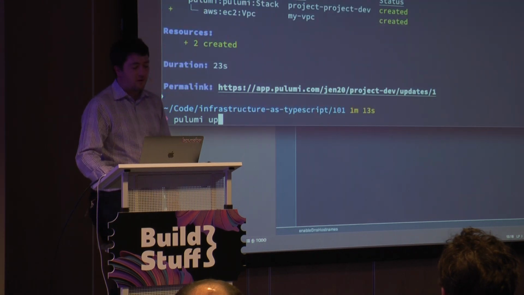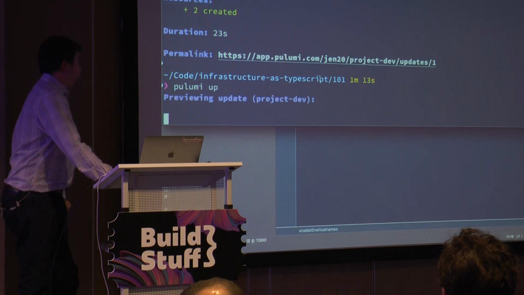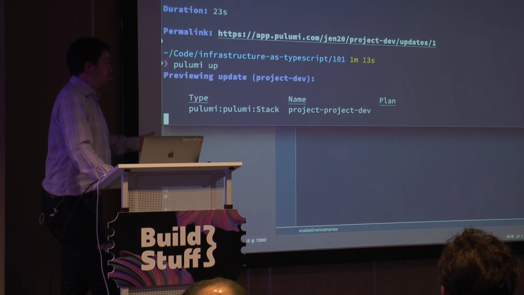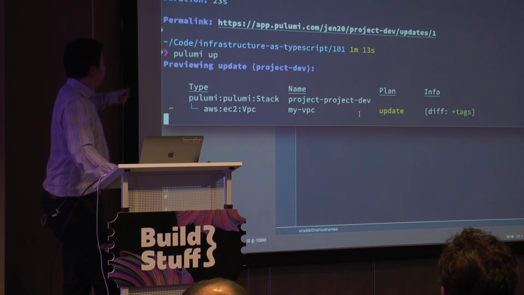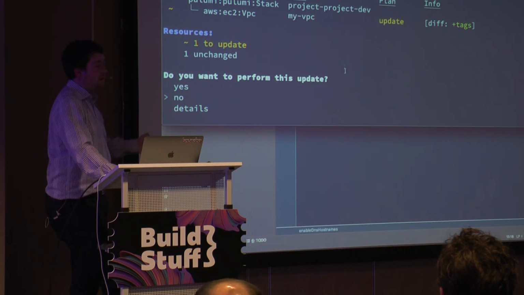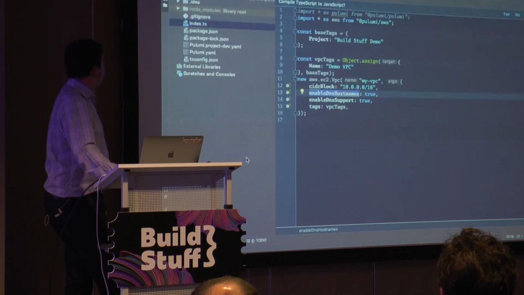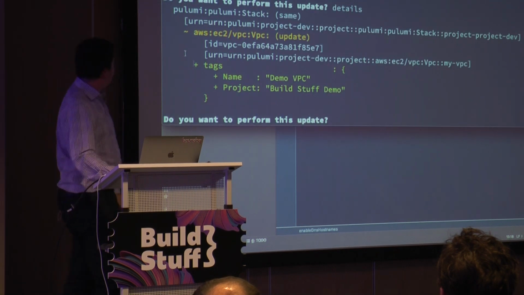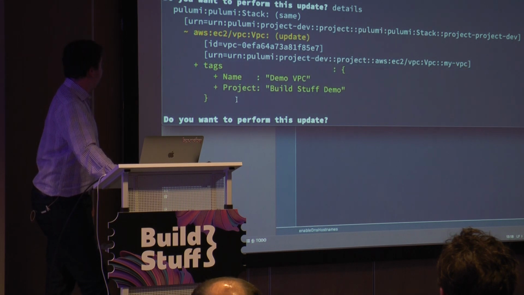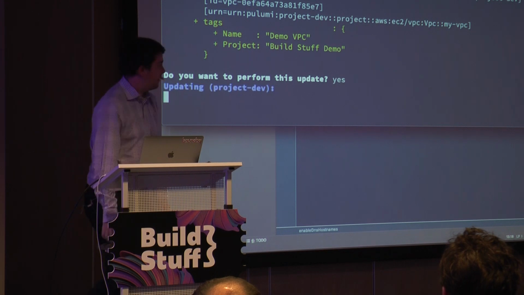So now if we go run our program again, we'll run our program under the context of the tool and work out what needs to be done to change the state of AWS into the state of what we've said we want. So in this case, we've seen that the diff is that we need to add the tags, so we need to update the existing resource. If we expand out the details, we can see exactly what we're going to do here. We're going to add this now two-field map of the tags that we want. Okay, so we'll just perform that update.